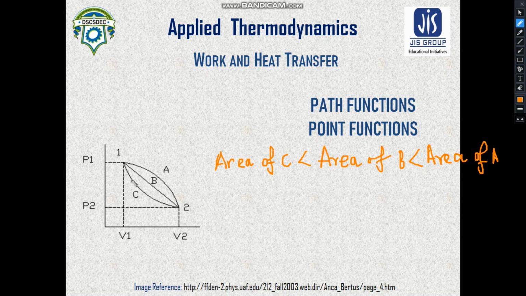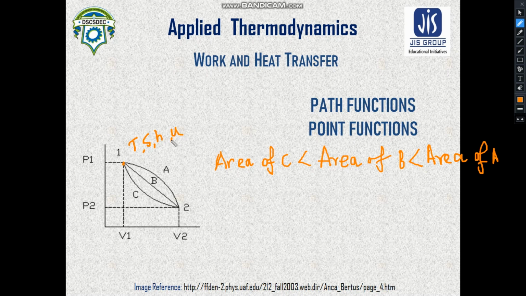The functions which depend on the nature of the thermodynamic paths are called path functions. On the other hand, you will find there are some properties like temperature, like entropy, like enthalpy, like